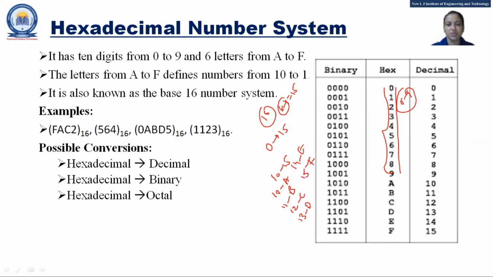So this is how the numbers from 10 to 15 are represented in hexadecimal, and any hexadecimal digit can be in the range of 0 to 15. So 8, 9, F, A is one hexadecimal number, as you can see from the screen. Right. So as with the other number systems, we can convert hexadecimal to the decimal number system, to the binary number system, and the octal number system.